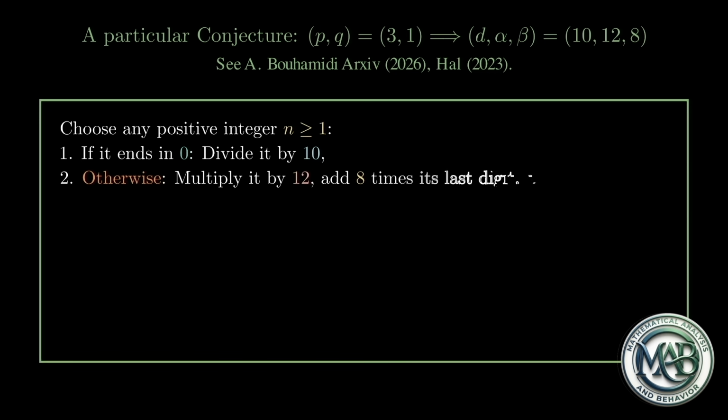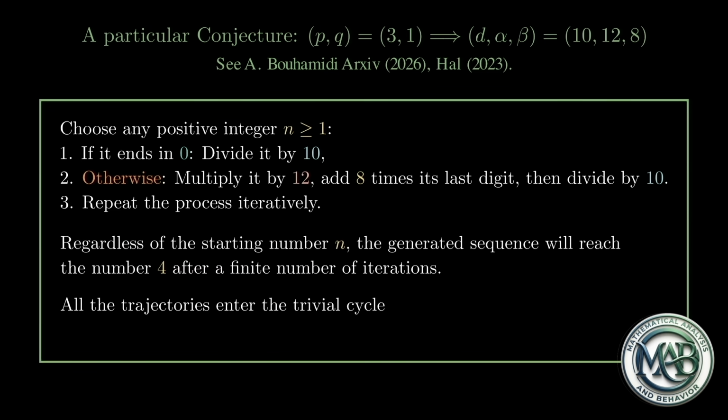If the number ends in 0, divide it by 10. Otherwise, multiply the number by 12, add 8 times the last digit of n, and divide the total by 10. Repeat the process iteratively. This particular conjecture posits that starting with any integer greater than or equal to 1, the trajectory is always bounded, and eventually reaches the number 4. For this system, all trajectories flow into the trivial cycle 4, 8, 16, 24, 32, 40, which then leads back